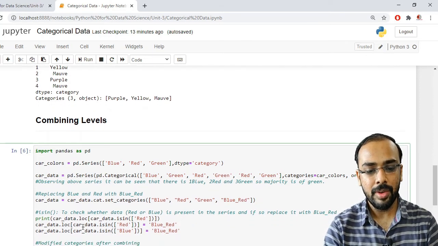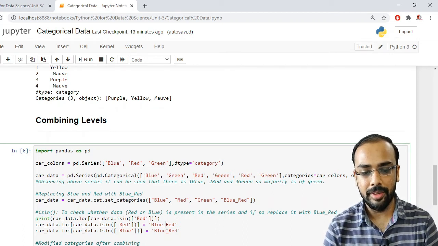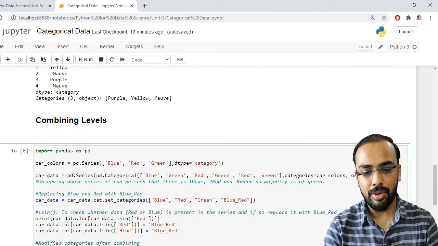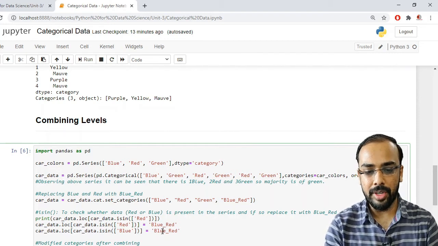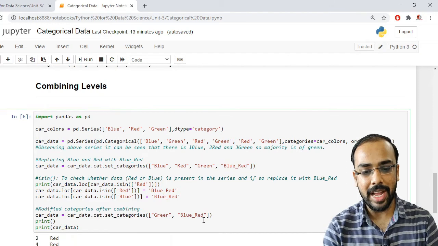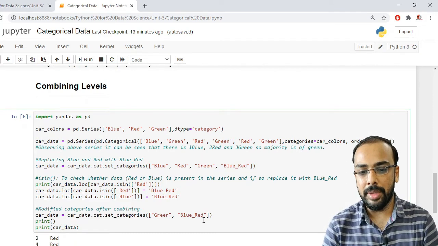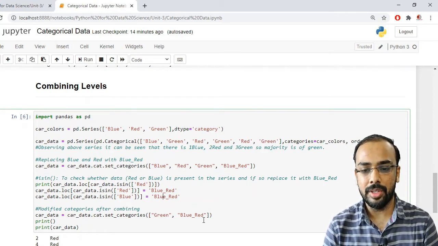So we have used isin here again for red, and I want to replace it with the value blue underscore red, and again for blue I want to combine it with blue underscore red. Now after these modifications are done, I want to combine it. Why do we need to combine it? Because green is already there, and we have replaced or combined blue and red with the color named blue underscore red.